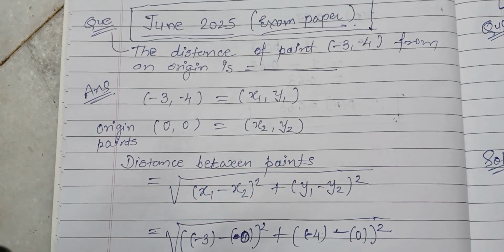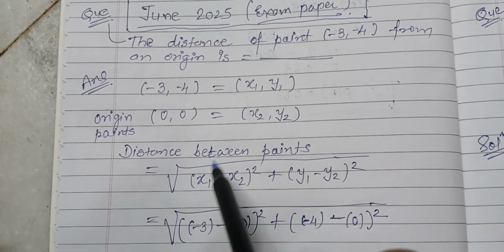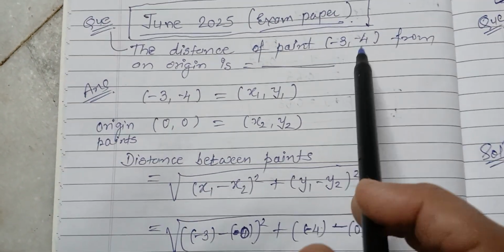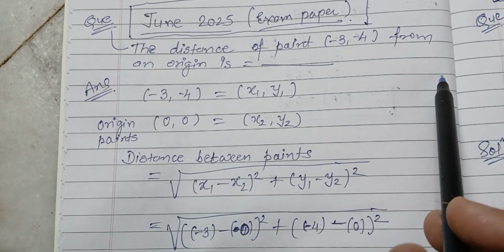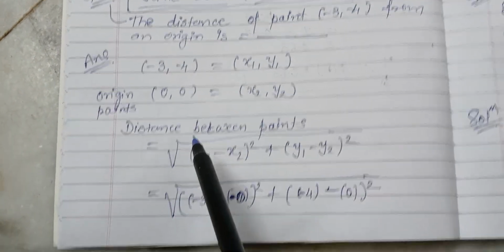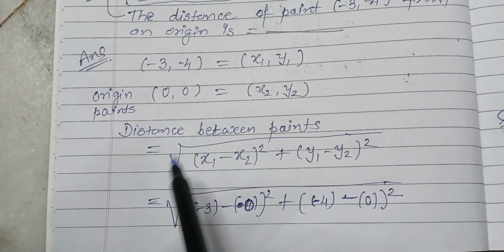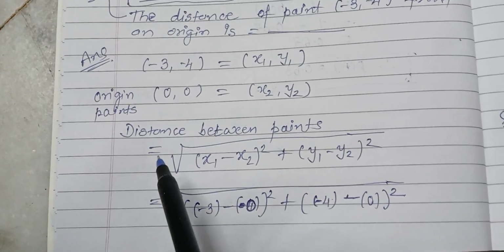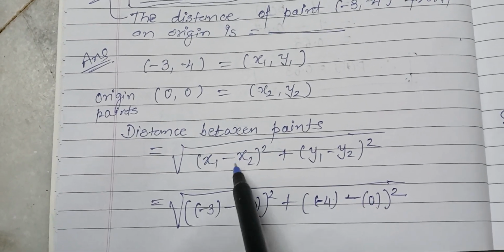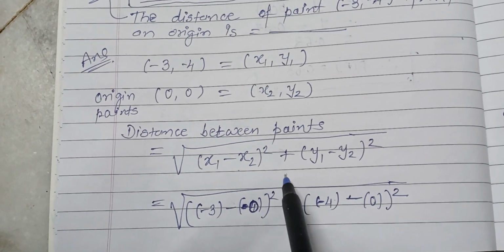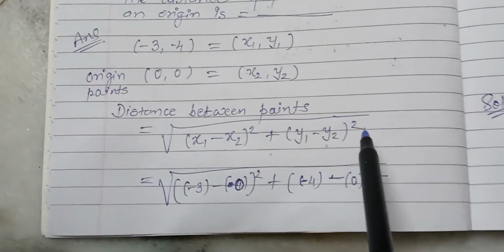So we have to find the distance between the points (-3, -4) and (0, 0). So now the formula of the distance between the 2 points is square root of (x1 minus x2) whole square plus (y1 minus y2) whole square. Okay,